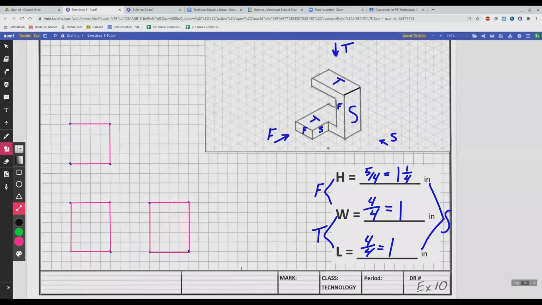Okay, so now I can actually begin drawing my shape. Okay, I have two sections of my front view. I have two sections of my side view. I have two sections of my top view. It doesn't really matter which one I start with. So I'm going to do my